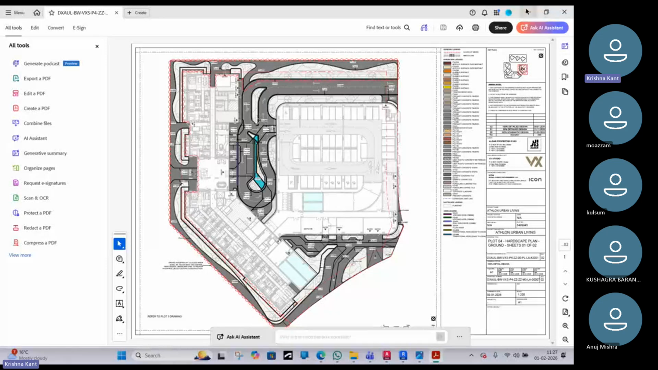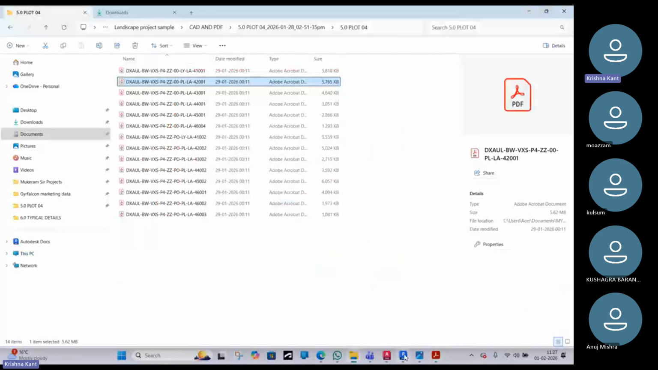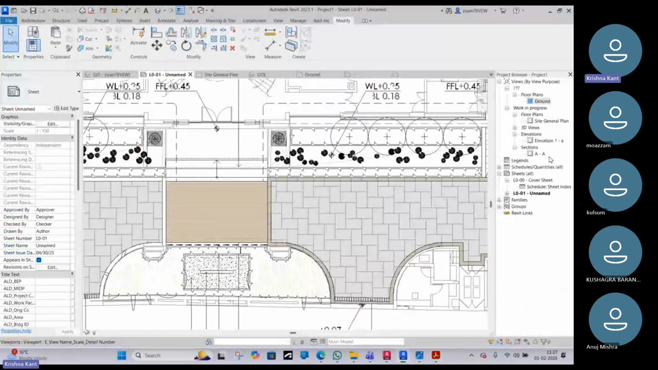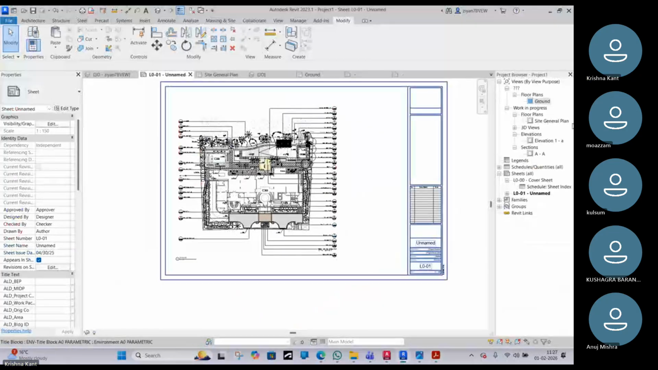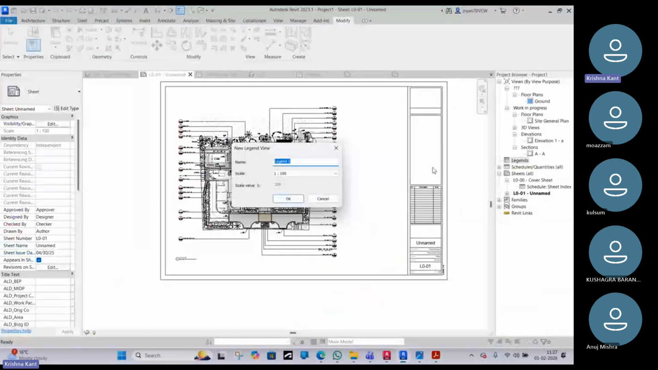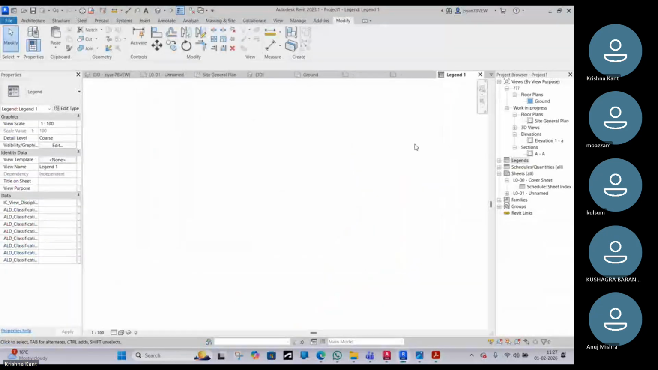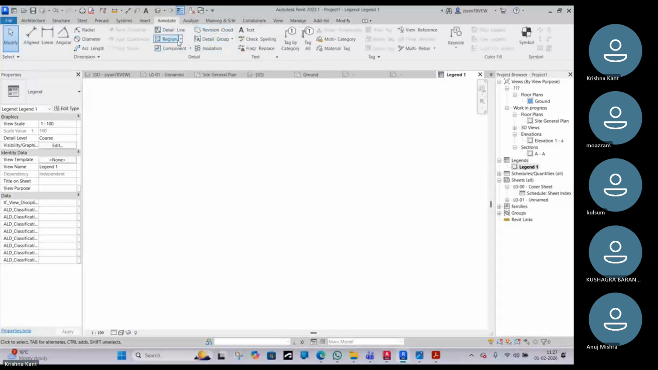Different types of legends we have to create. How to create a legend? That is the question. So inside the project, we have to create it. If you create a new legend, basically it's a blank space. In this legend, you have to create certain things. Suppose